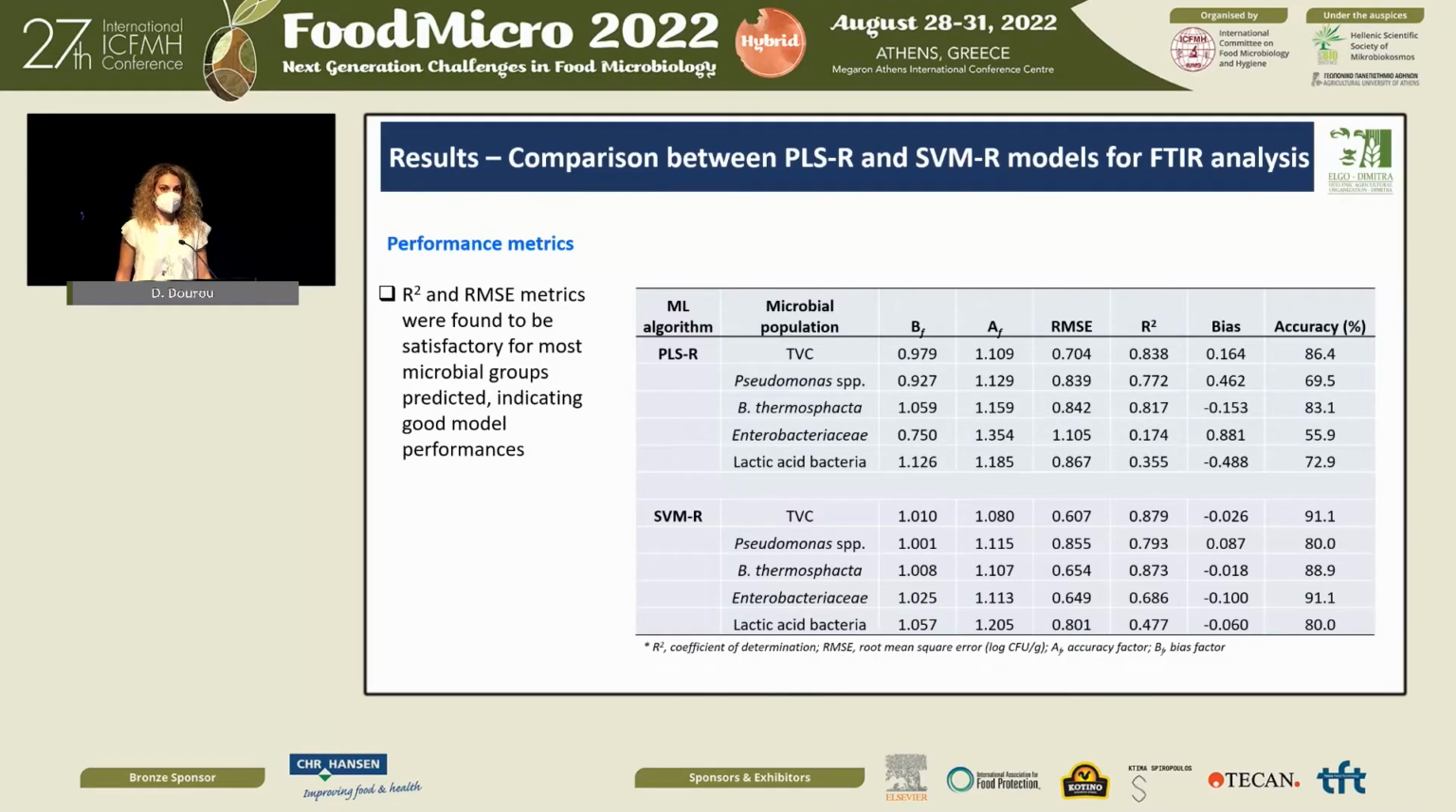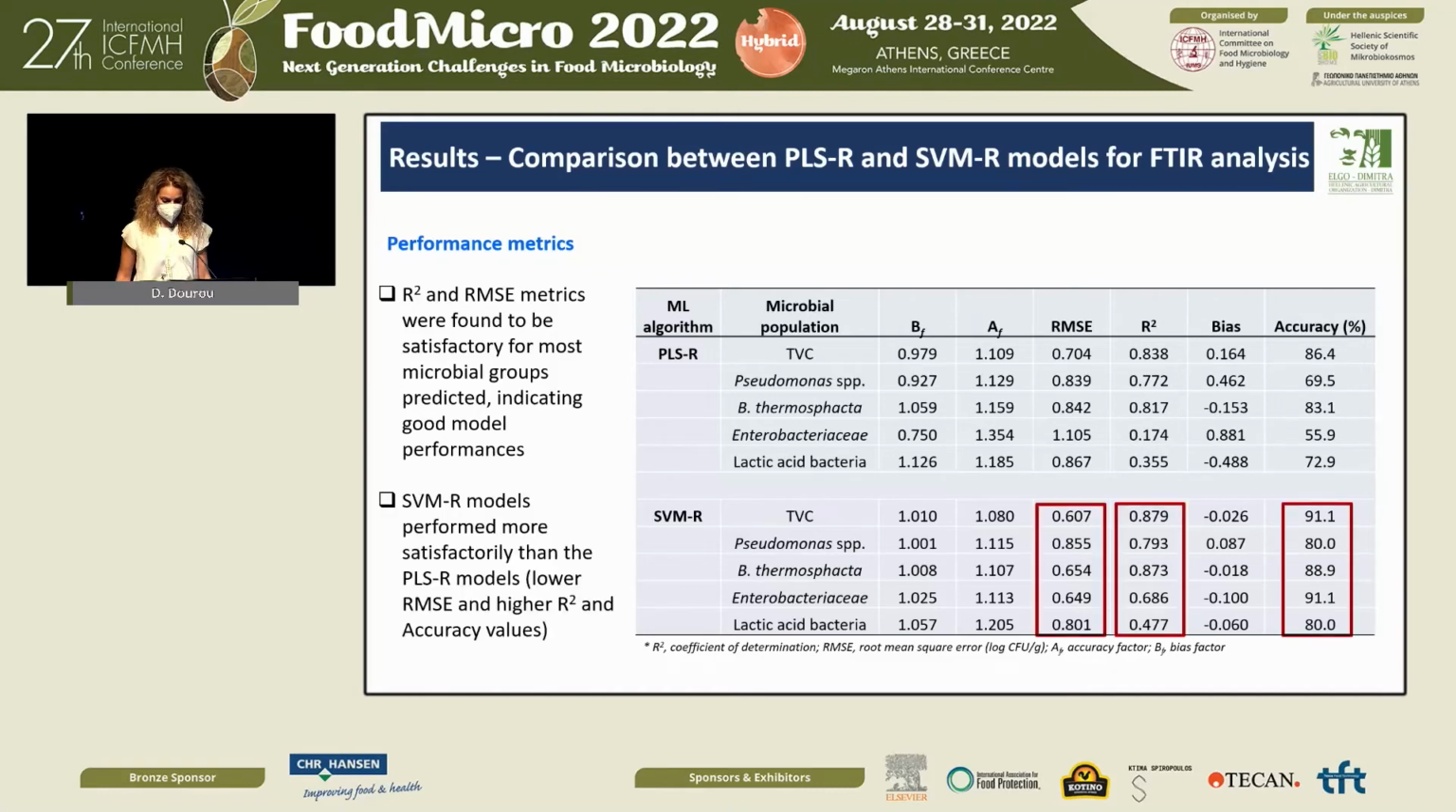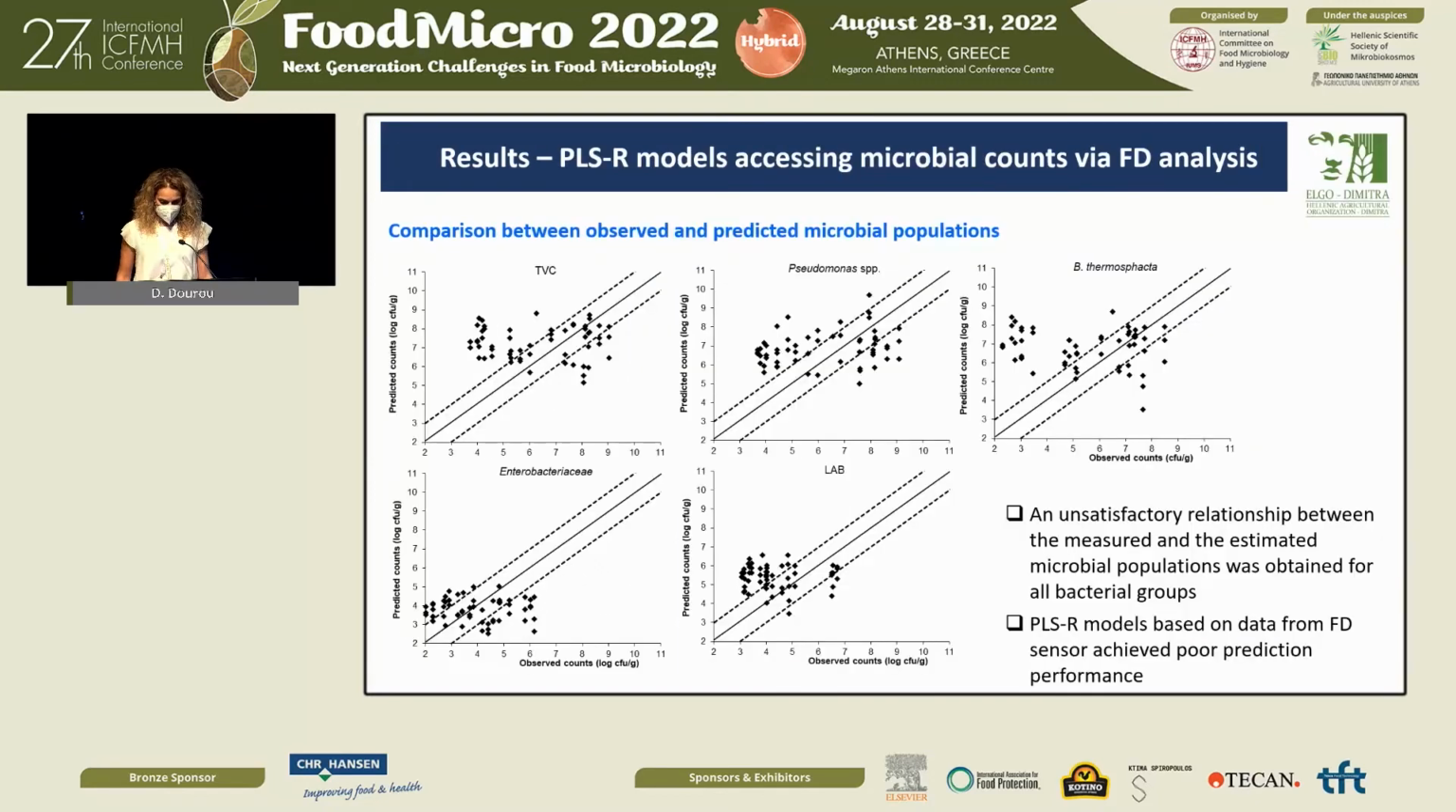The performance metrics of the 2 models generated with the FTIR spectral data were calculated, and R squared and root mean square error indicated good model performances. However, support vector machine models perform slightly more satisfactorily than PLS models. In the case of the fresh detect sensor,